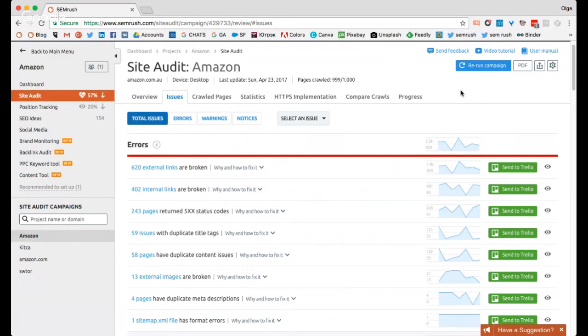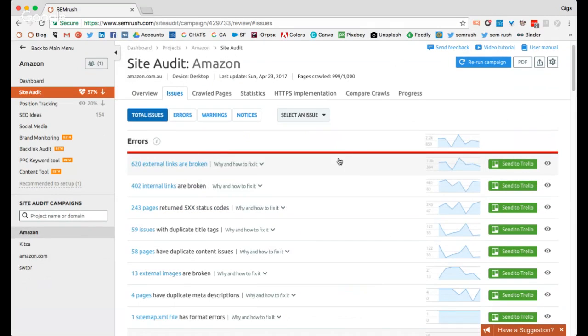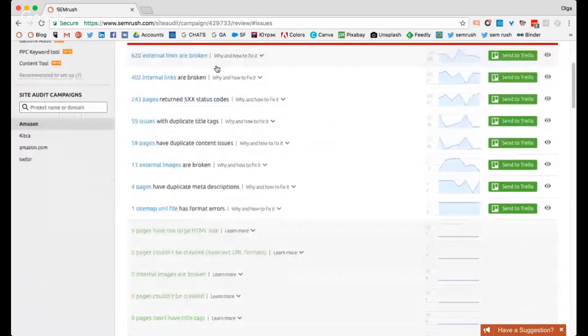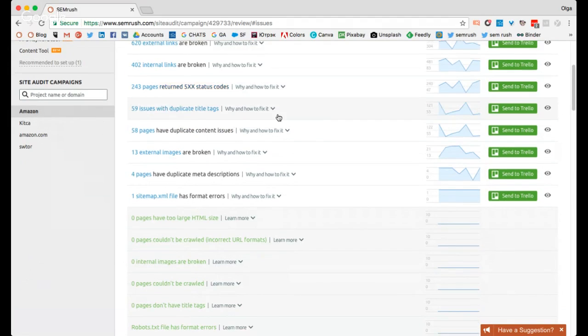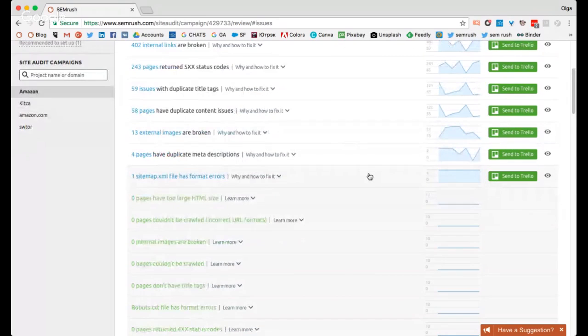Main issues that the site audit is checking for are crawlability and user experience related. So most of the checks will show you if any of the pages have broken links, if any links on the page cannot be followed by bots or by users. And another useful thing here is the duplicate content checks. The tool will check for all the duplicated title text, contents, meta description, some other duplications like the H1 tag, for example, and show you all the results